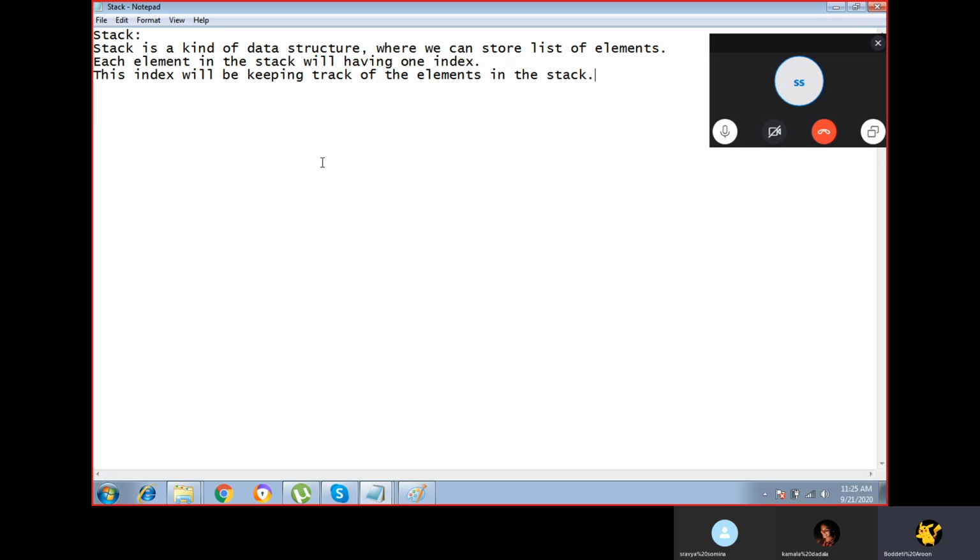Also, every element will be inserted and deleted at only one end. In a stack, every element is inserted and deleted at only one end. That is called the top of the element.